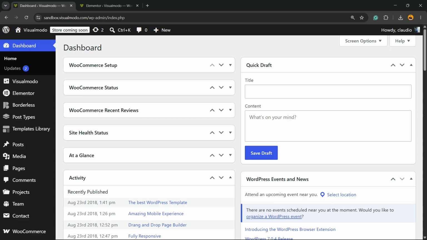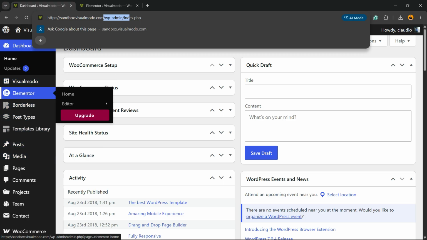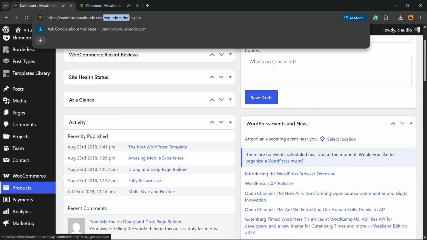How to access? First, go to your WordPress dashboard. To access the dashboard, in the browser address bar, enter your domain plus wp-admin, enter with your login credentials, and you're going to be able to see a dashboard, a page almost like this one. Hover the mouse over Elementor in the left sidebar of menus. In case you don't have Elementor on it, all you have to do is go to Plugins,